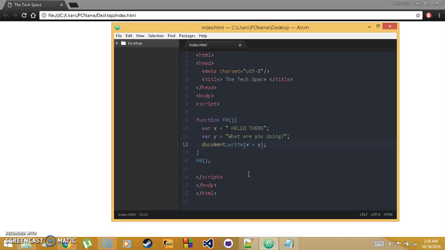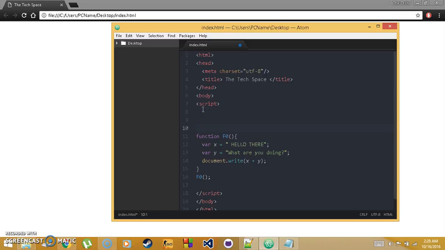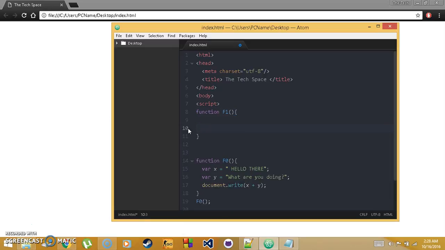I'll explain the function thing later, but for this tutorial, like I said, I want to explain something called scope. When you create a variable inside of a function, it's declared inside the function and it can only be used inside that function. So in order to get something out of that function, we want to declare the variables outside. So now I'll create a different function, so that's f0, and we're going to create a function called f1, put braces on it, and then say variable,